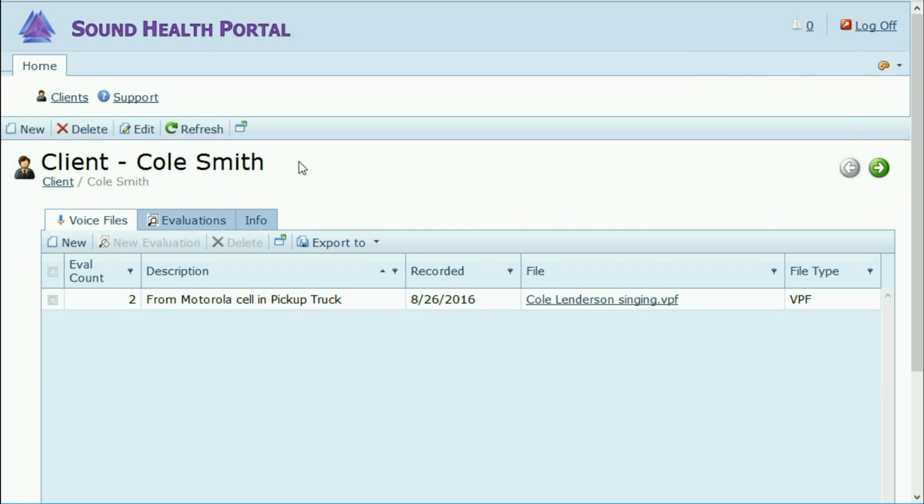And inside Cole Smith's folder are voice files that I've uploaded and evaluations that I've created based on those voice files and information about our client. So information you might consider as the cover sheet, the client's name and some other general details, and I'll show you that information. So what we're seeing here now is the Voice Files tab. If I want to add a new voice file, I would click on this New,